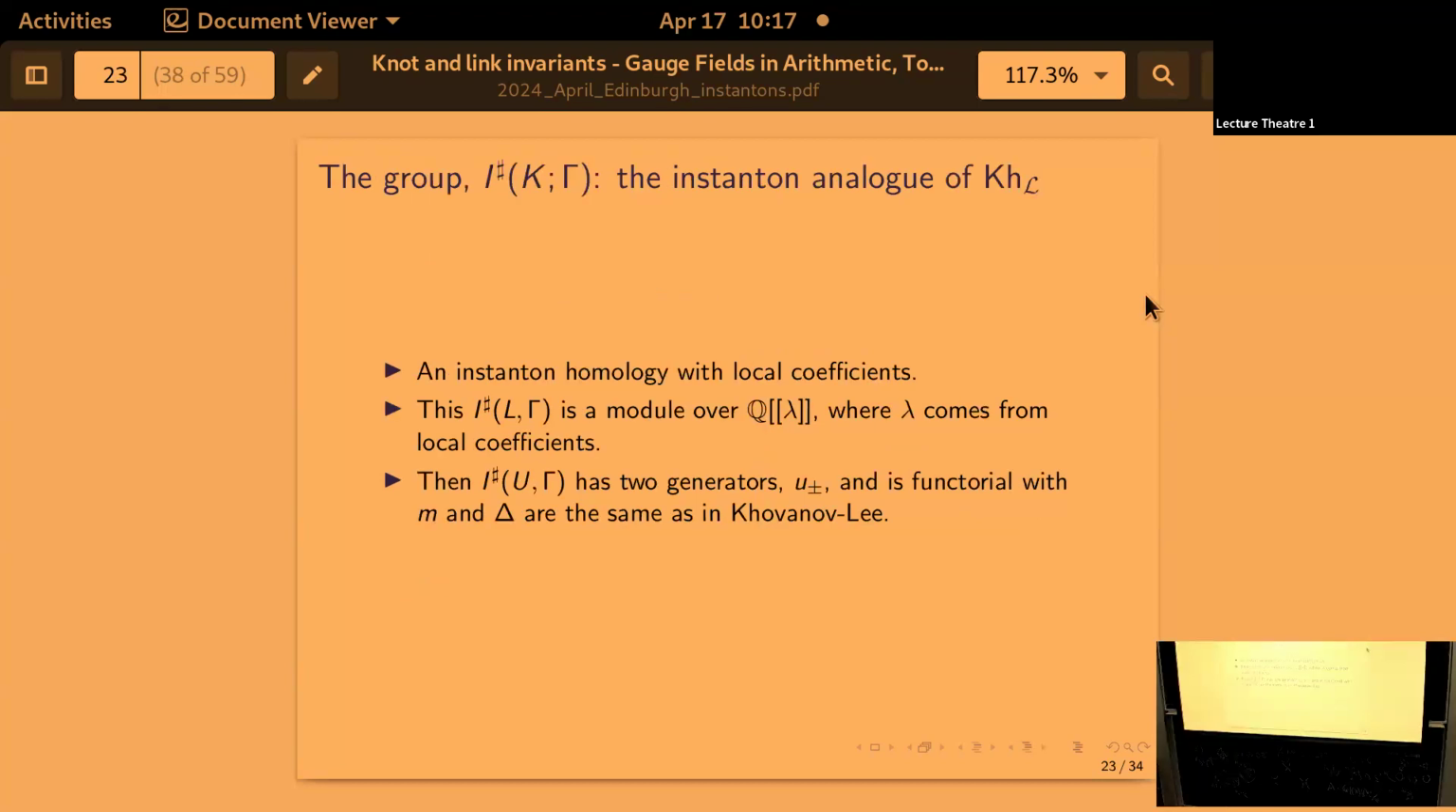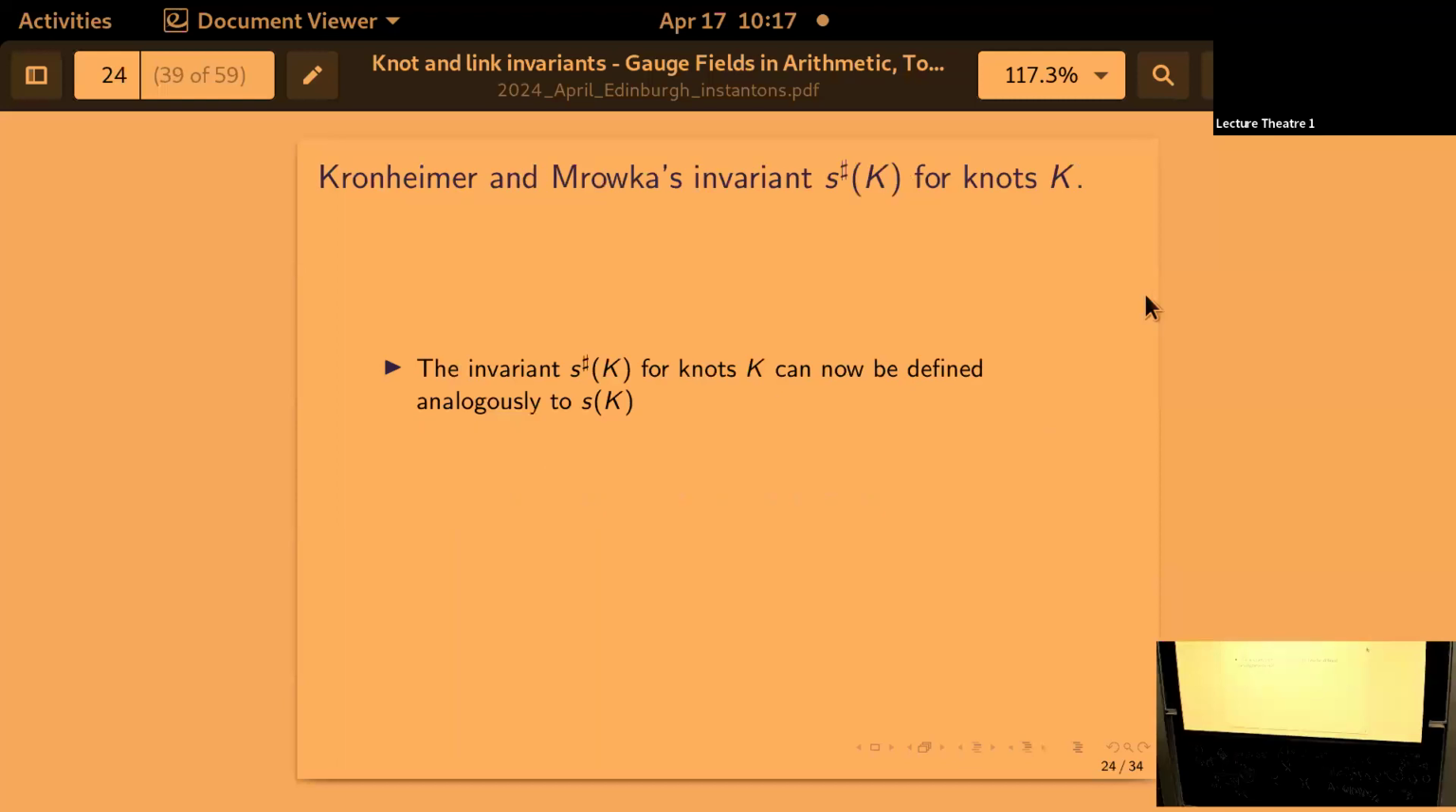Okay, so this was for Khovanov homology, but the thing I was actually talking about first was Khovanov-Lee homology, which is this twisted thing. It turns out you can also do a twisted version of instanton Floer homology by looking at some local coefficients. I'm not going to get too much into that, but basically, similarly to how singular instanton was an analog of Khovanov, this thing is an analog of Khovanov-Lee, and then you can analogously define an S sharp,